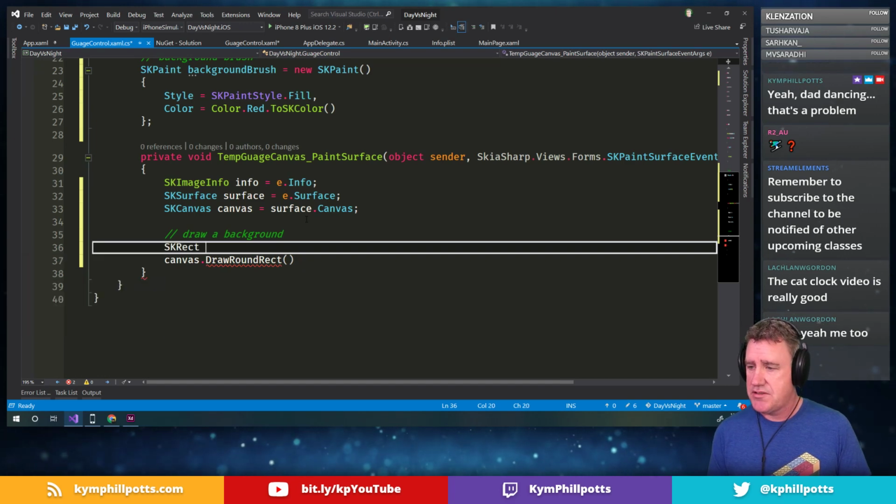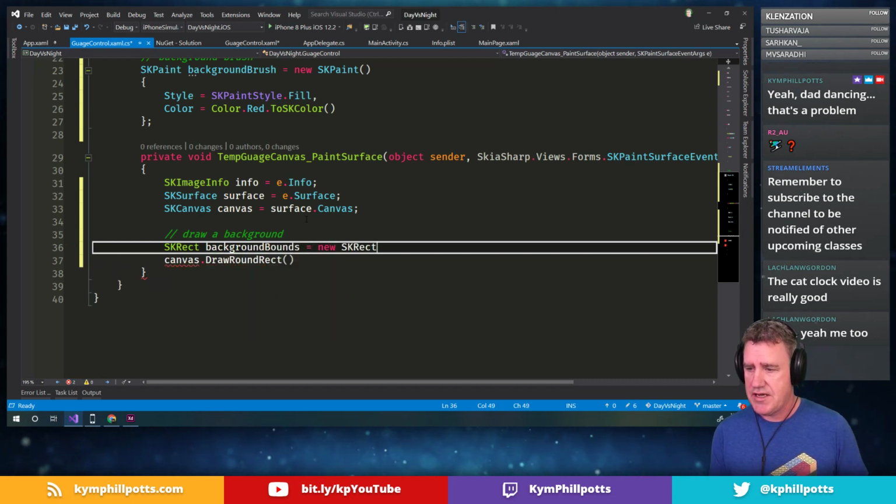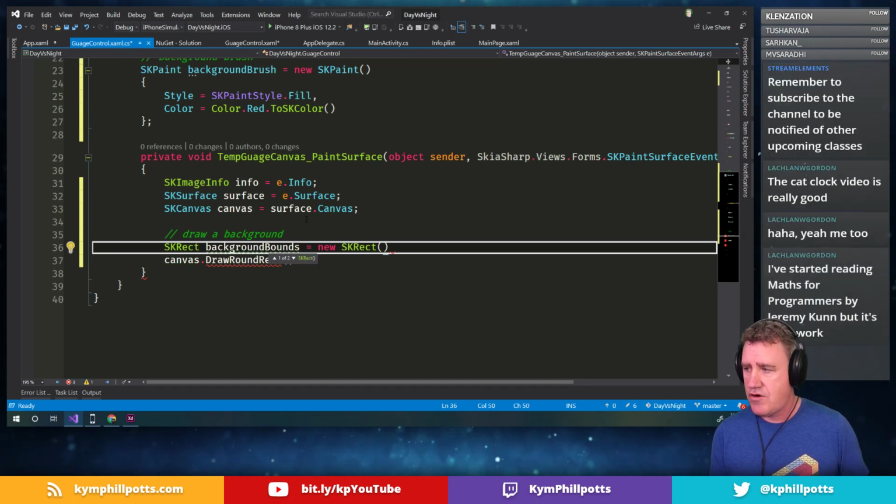It's a rect object. That would be new rect from